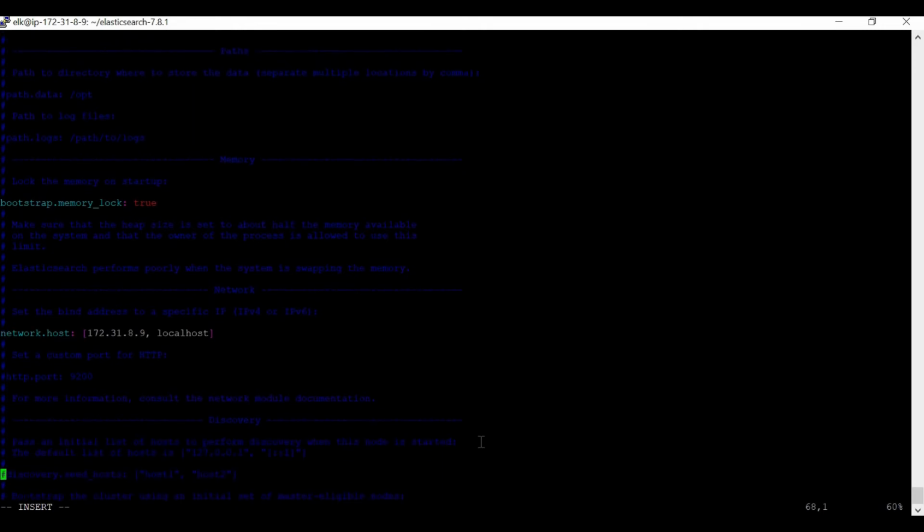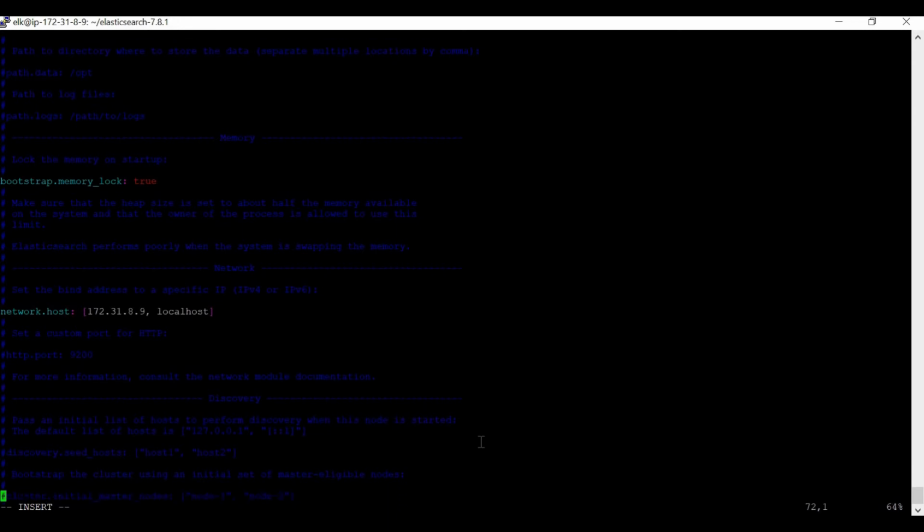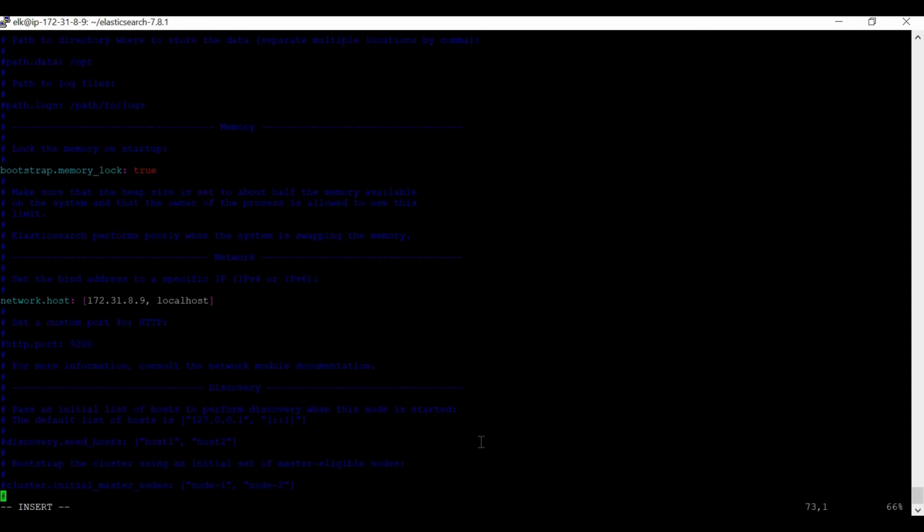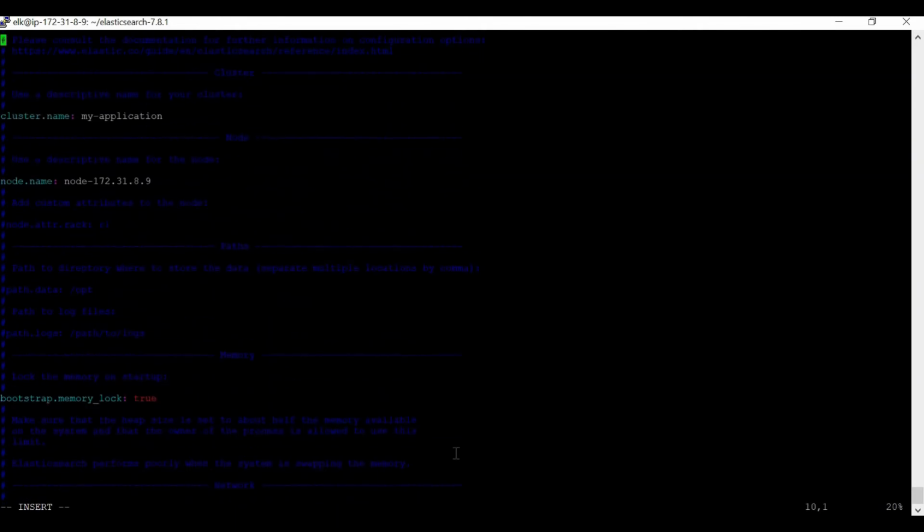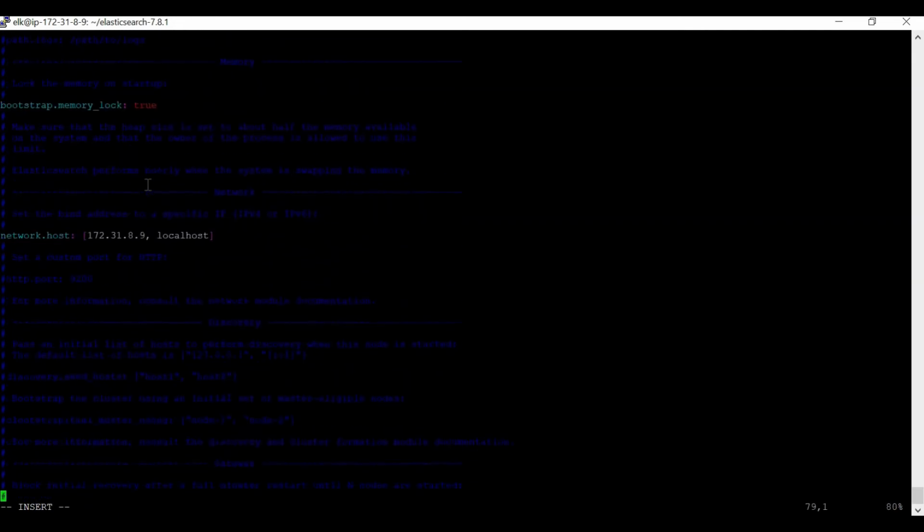Discovery is another thing which is quite important. Basically, discovery is helpful in providing, suppose I have multiple nodes over here, I can place all those node entries over here, saying these are the nodes that should be discovered by this environment. Here this node name will be used by us. Where it will be used, I'll show you.